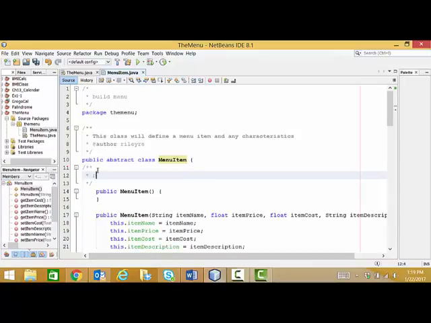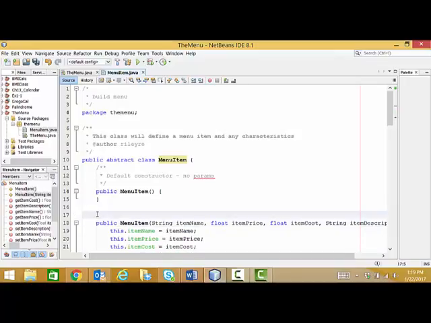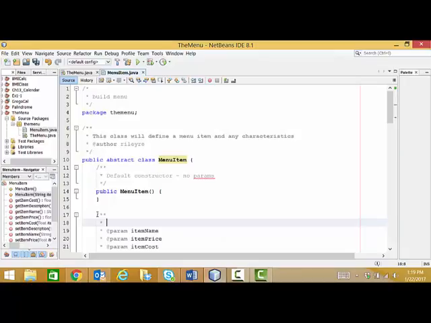My menu item, this is my default constructor. No parameters. I really want that to move over. There we go. And then in my constructor that includes all the parameters, constructor with all parameters. Now we said that our menu item was an abstract class, and yet we're putting constructors in